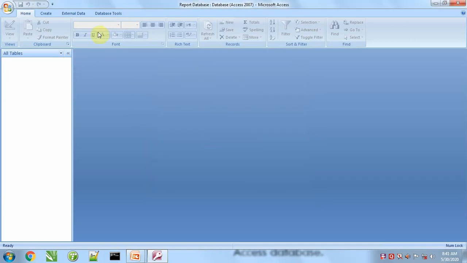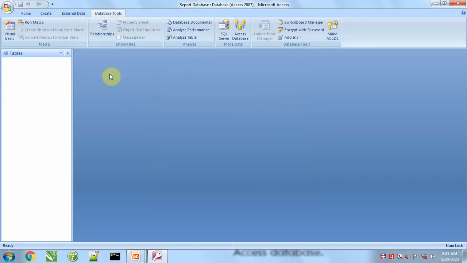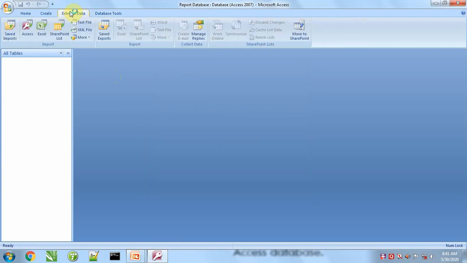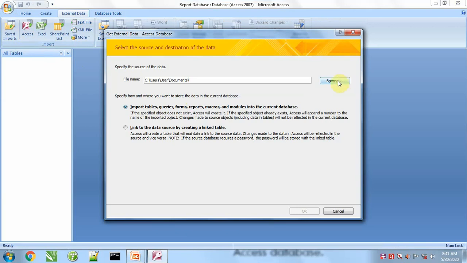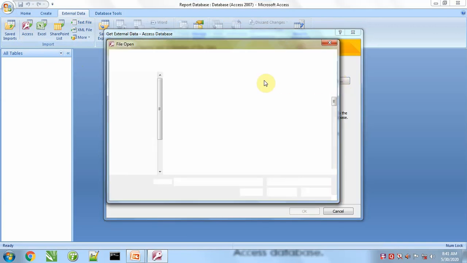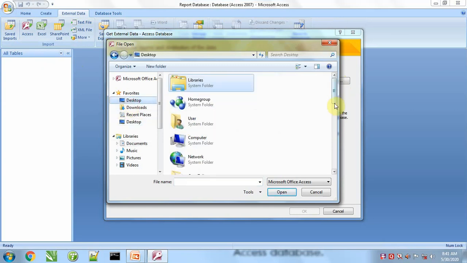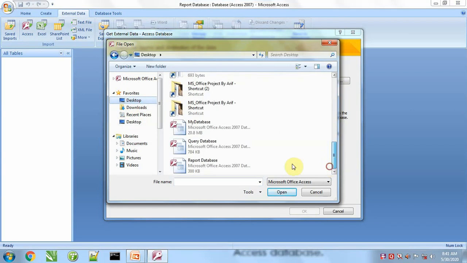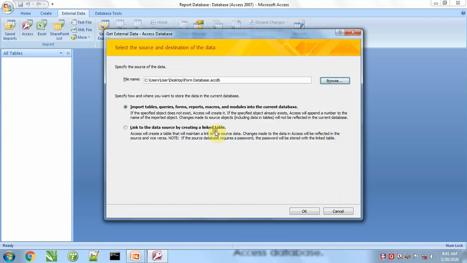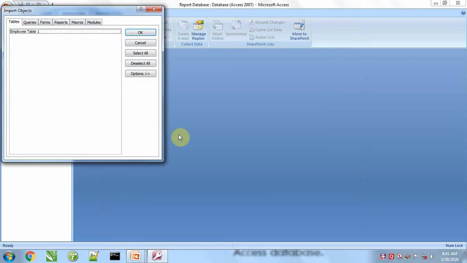but we can bring some other database also. If you want to bring a table over here, for this we will go to external database, access database, browse, desktop, this database contain a table.